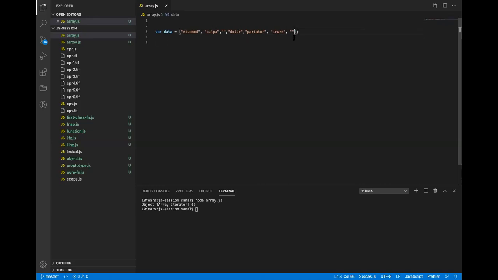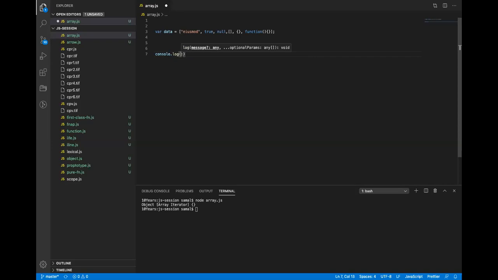But sometimes it holds true, it holds a boolean, it will hold null, it will hold another array, it will hold an object, and it will hold an anonymous function as well. Now it is time for you to tell me how I will reference these values.